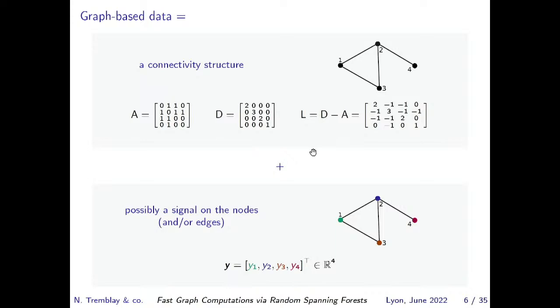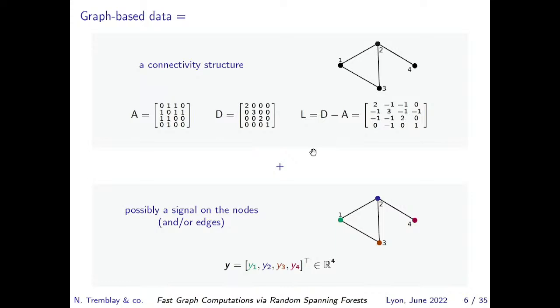Okay, so on each node here, I might have some information. It could be the number of people going through the station in a transportation network. It could be the amount of blood flow in a voxel in the brain. It could be those types of information. It's defined on the nodes. It's defined on the edges. For simplicity here in this talk, I'm going to consider signals defined on the nodes and just scalar signals.